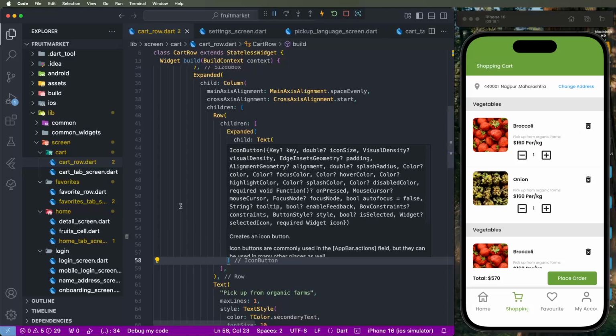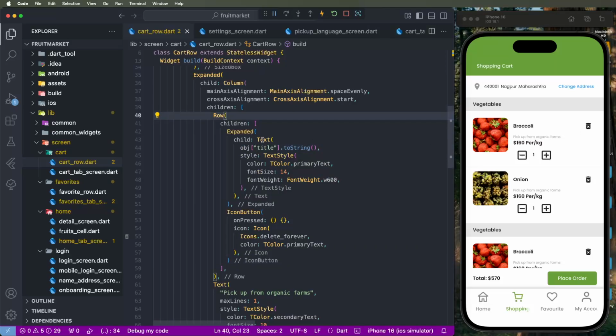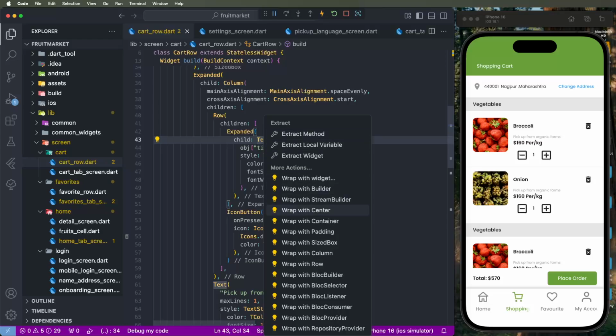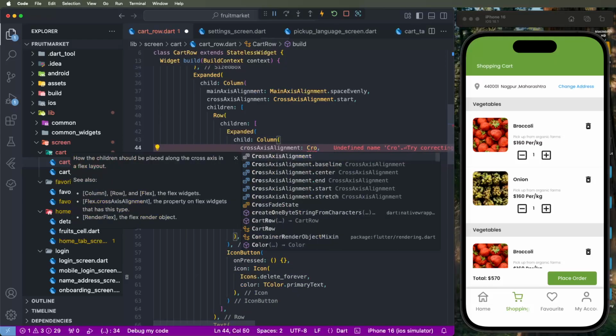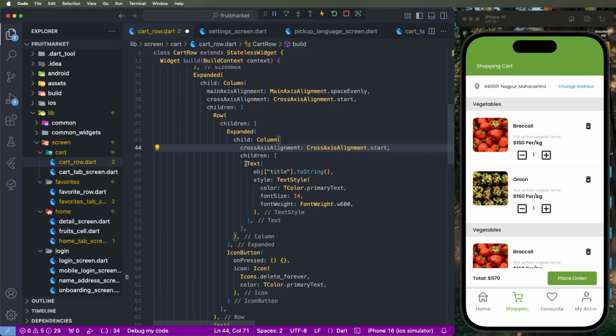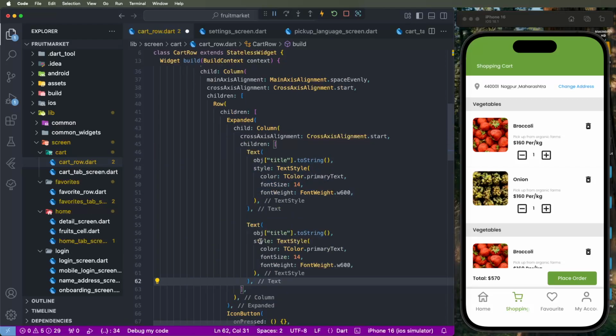We need to show this here, and then after, we need to create a column and give it the cross axis alignment. Set it to start, and again we need to copy this value, paste it here, and show the saved amounts here. Now we need to give a static value for this UI. At API call time, we need to show the $1 saved like this, and set the green color,